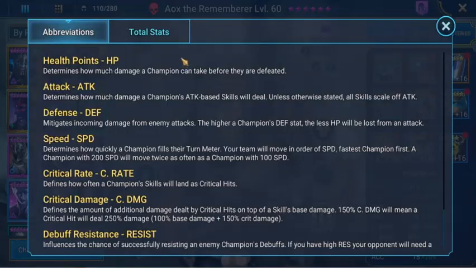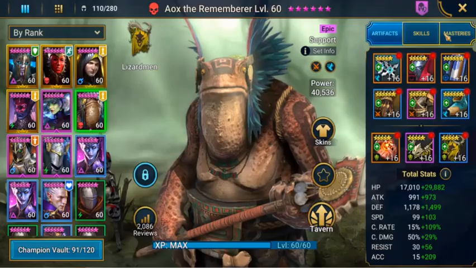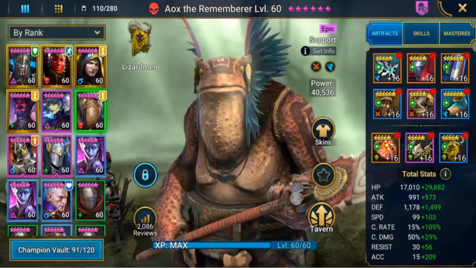As you can see here, we have him up. Critical damage 79, but his crit rate's important to make it so his turns are at 224. His accuracy is 224, so it's a pretty good rate at this stage. And then we have